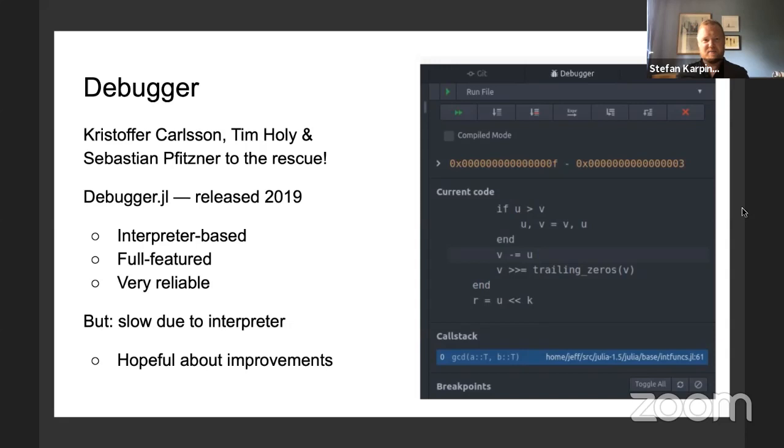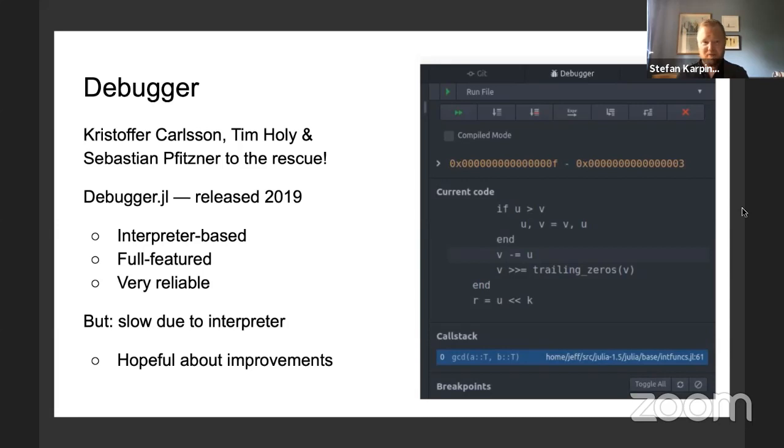And so this steps back and takes a much simpler approach. It's interpreter based, which means it's slow, but it's very, very reliable, very straightforward. Things work the way you intuitively think they should work, which, if you understand anything about the internals of a compiled programming language, things don't actually work the way you intuitively think they work. They're just carefully arranged to make it look like that's what's happening. But in Debugger.jl, it actually is doing the naive thing that you think it should be doing. It's very full featured. It can do all sorts of different things, and it's really reliable. So those are the three features that make it a very useful debugger.